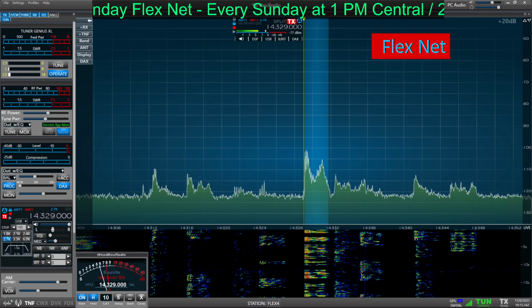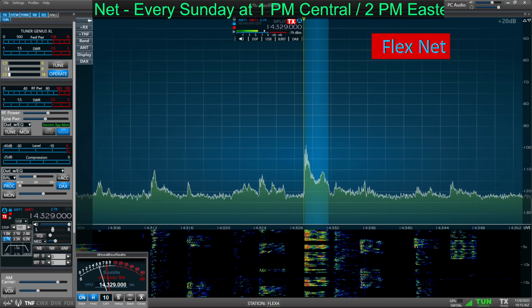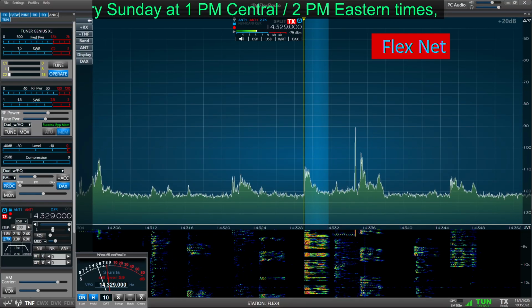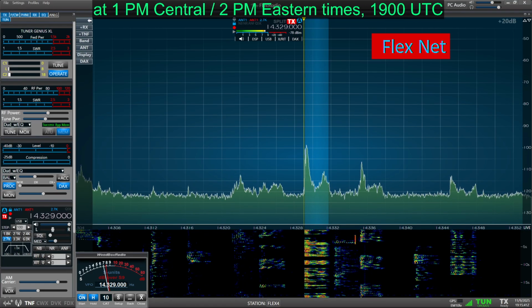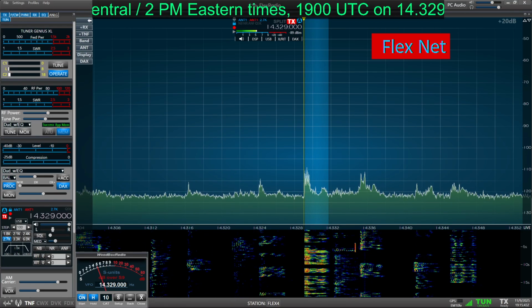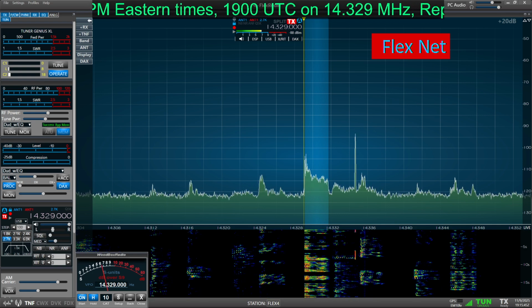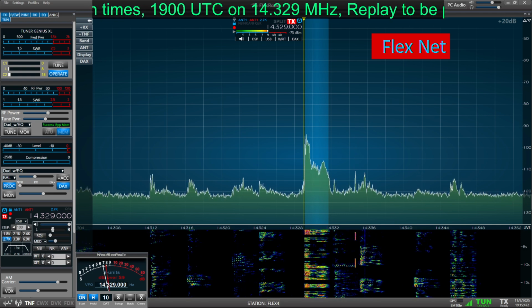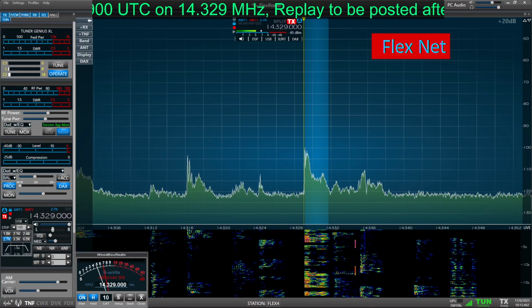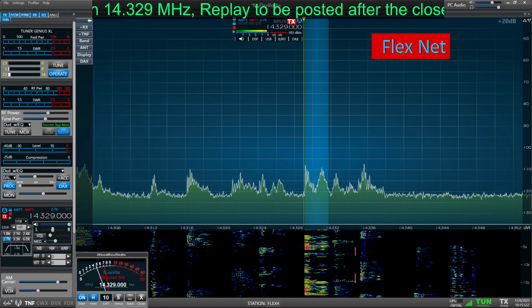I got a real interesting thing that happened on Friday. I worked a station in New Zealand on 6 meters. So 6 has been showing up here quite a bit on the DX cluster for band openings. Anyways,